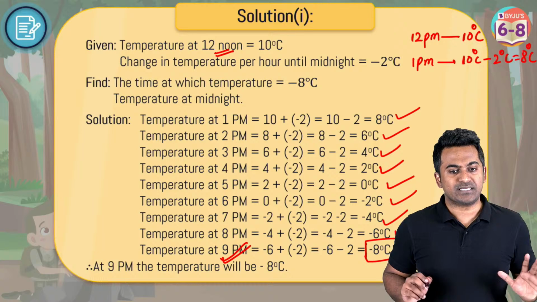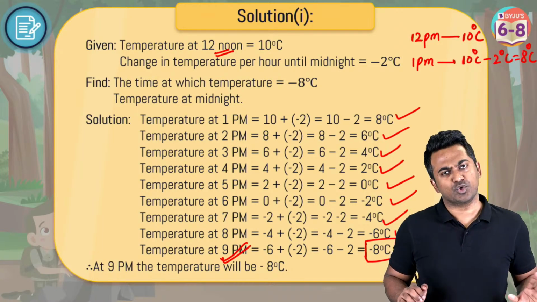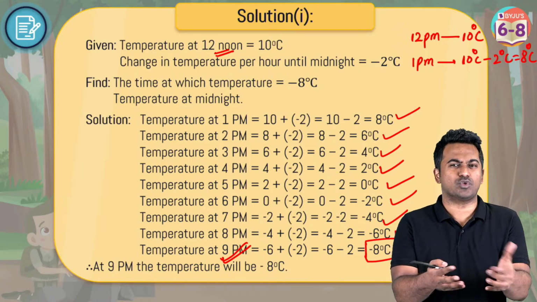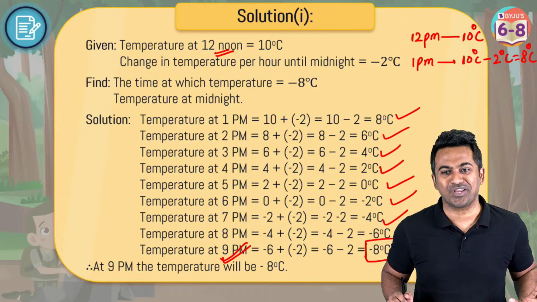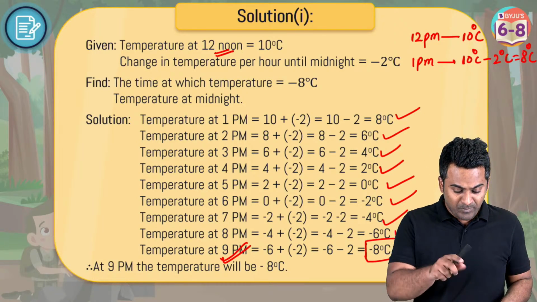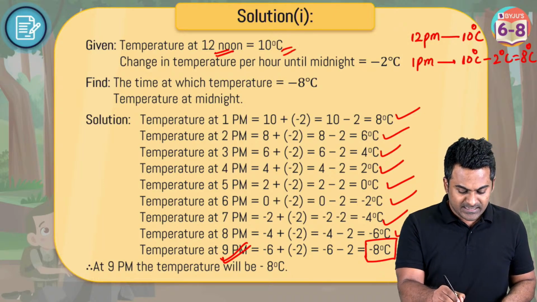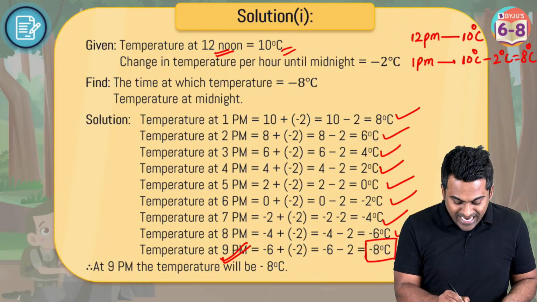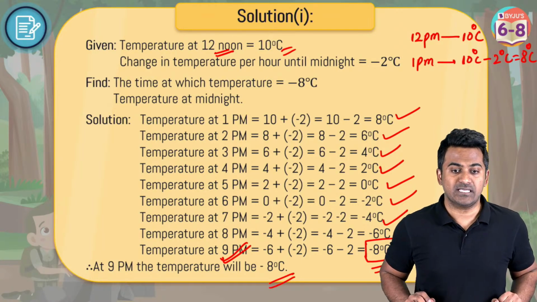So I understand, guys, a lot of you are saying that you are in half process. So this is a question that takes time. The 30 seconds that I gave you was not to get the correct answer, was just to get a hang of what the problem was talking about. Okay, so there's nothing to worry in case you still haven't got through to the correct answer. By the way, this is going to be the approach for the first type, where starting is 10 and after every hour the temperature is dropping by 2, and at 9 p.m. is when the temperature is going to be minus 8 degrees centigrade.